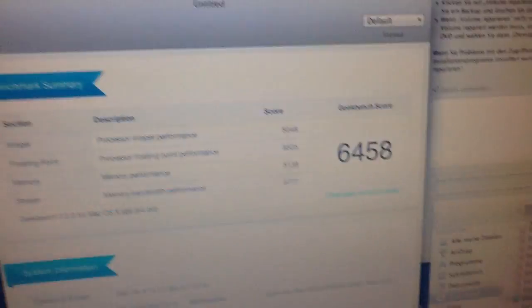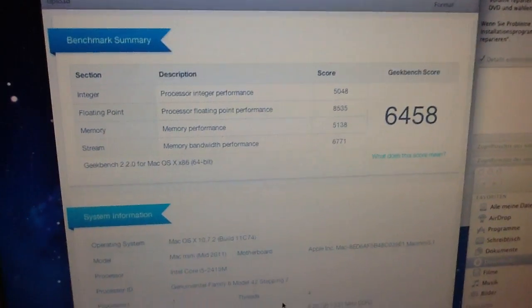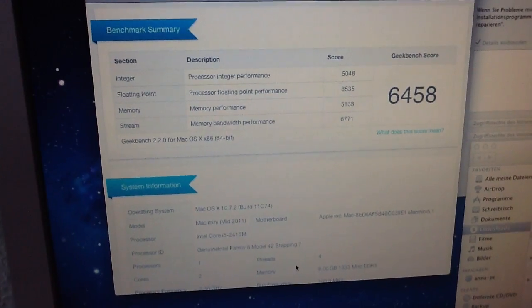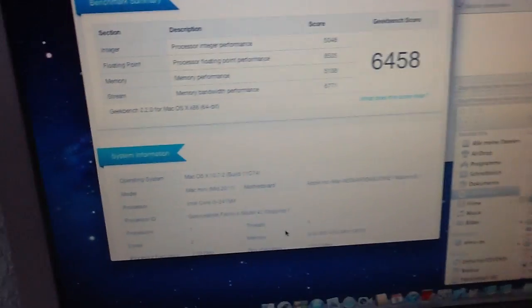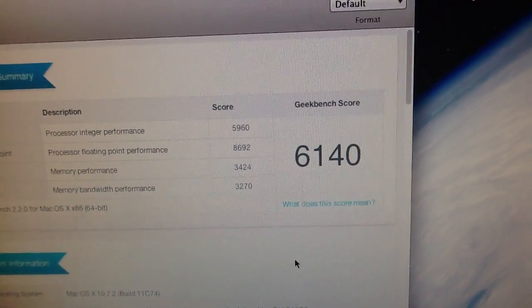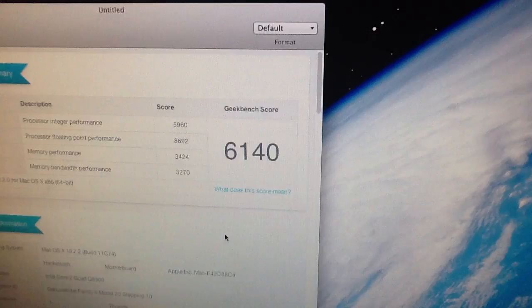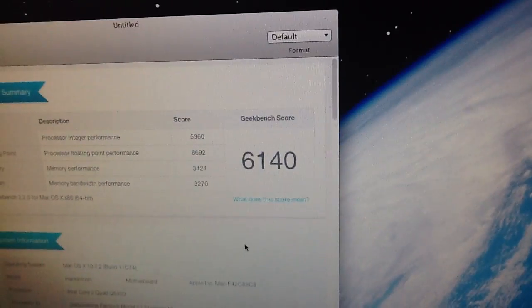So let's see which is actually better. Integer performance: 5048 here, and here 5960. That means the processor is supported pretty well, but you can get a better run, of course, and get better